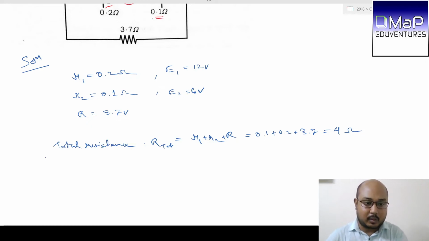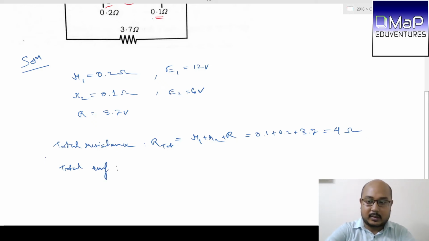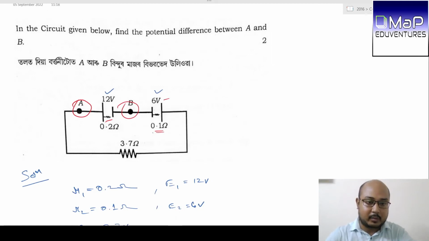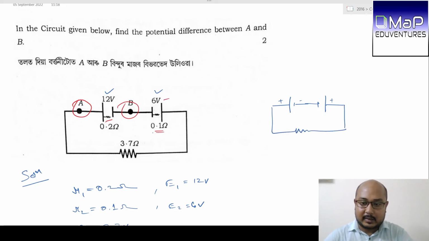And the total EMF. Since there are more than one sources, we have to calculate the total EMF. Here we see that there are two cells, and one cell is facing this way and the other cell is facing the opposite way, and the rest are connected. So in this case, if I move from A,